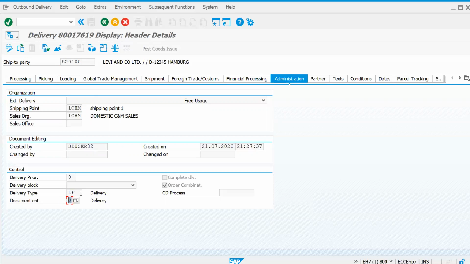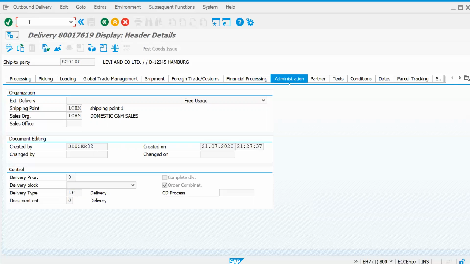So what are all these? What is the basic difference? If you created a sales order, your document category is C for your cash sales and your rush order. And when it comes to your quotation it is B, and when it comes to your inquiry it is A. Like that, for your delivery types also, you can find different kinds of categories based on your requirement.